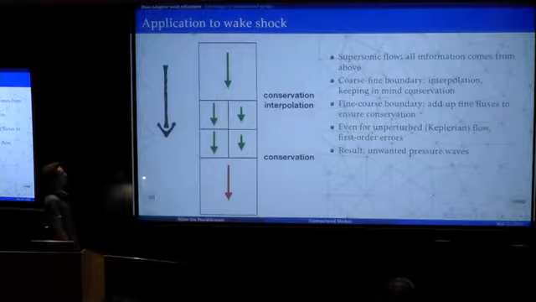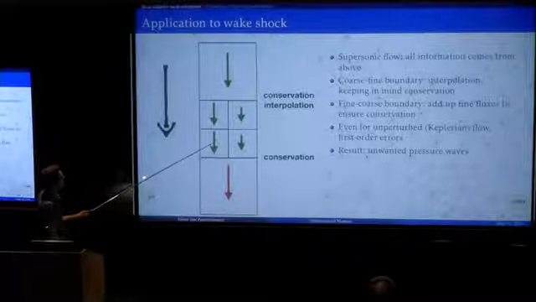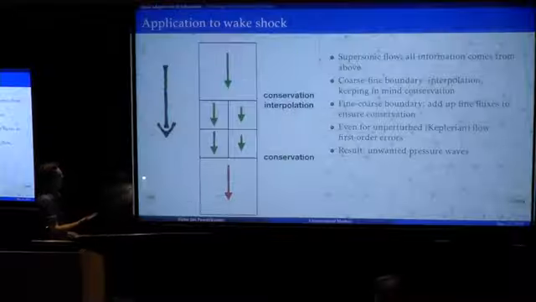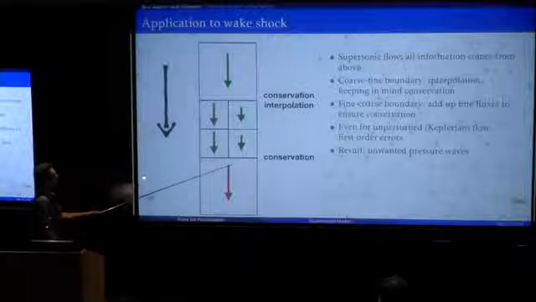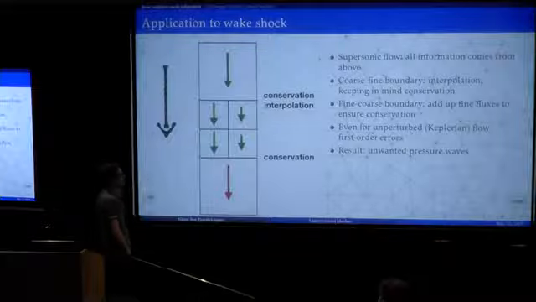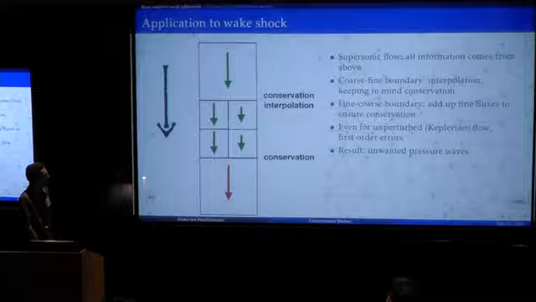But that can be a problem in a Keplerian disk, because if you take, for example, the Keplerian velocity at this radial location, I average the 2, I do not get the Keplerian velocity at this location because it's nonlinear. So even in an unperturbed disk, you make an error here, which is first order in the size of the grid cells. So the result is that at this location you get pressure waves that are purely numerical,